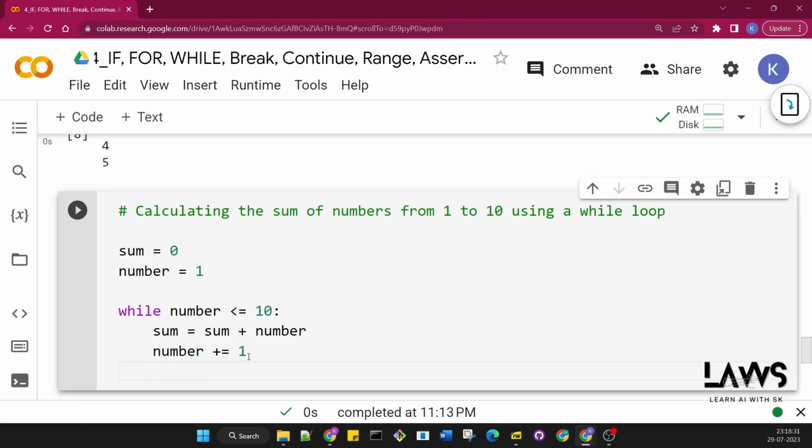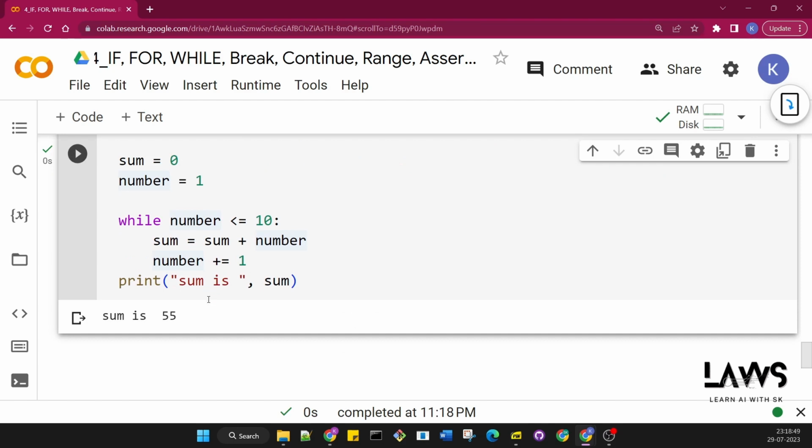Now at last I need to print my sum. Okay, so now I'm running this code. So see, my sum is 55. So what happened here? The same way I have initialized sum is equal to 0, number is equal to 1,